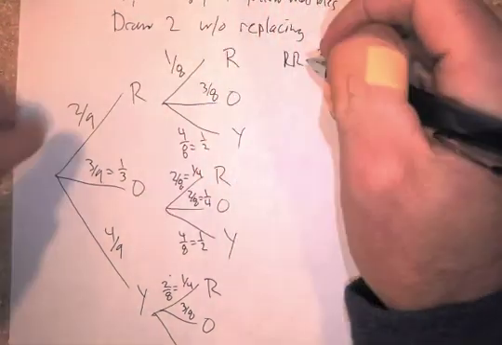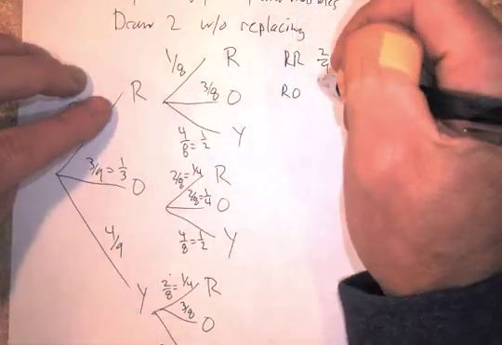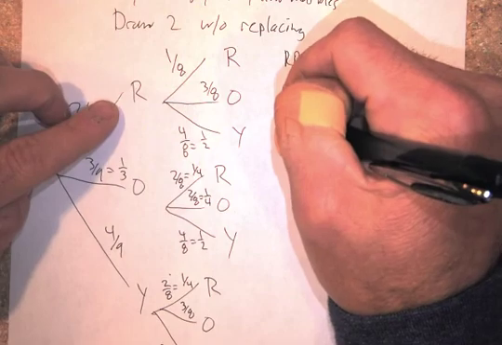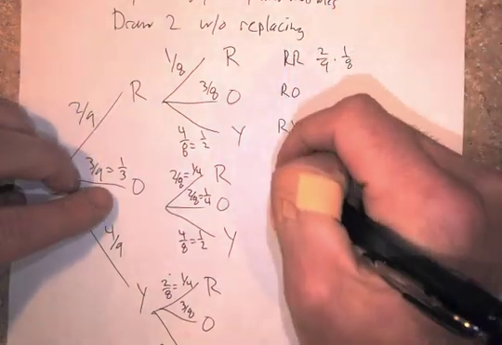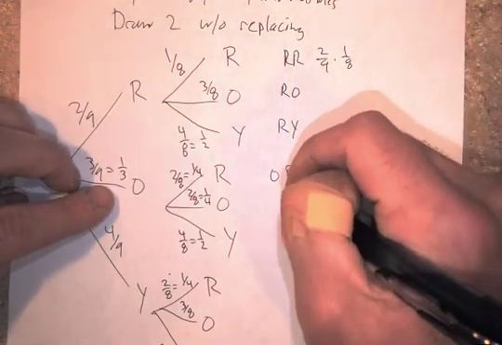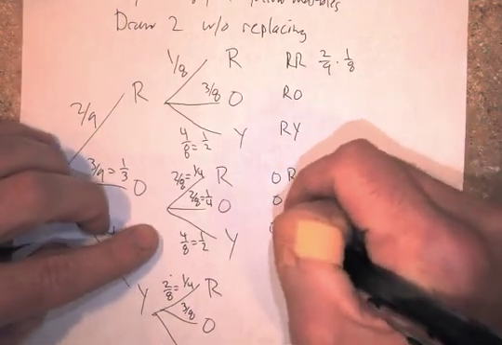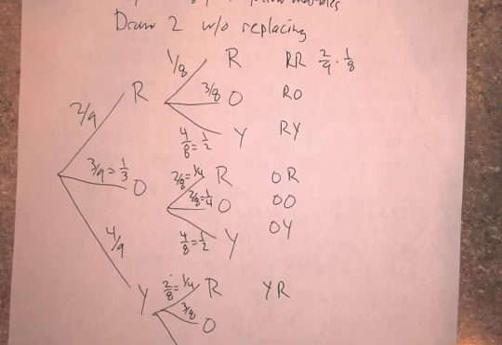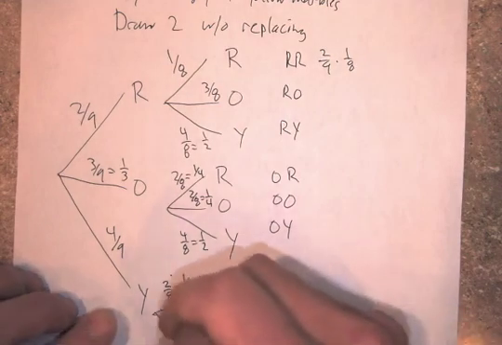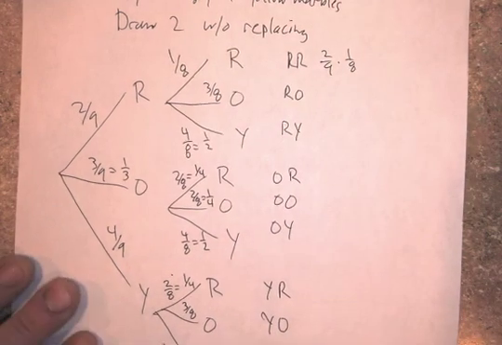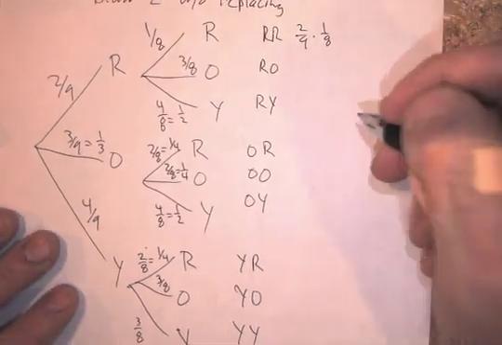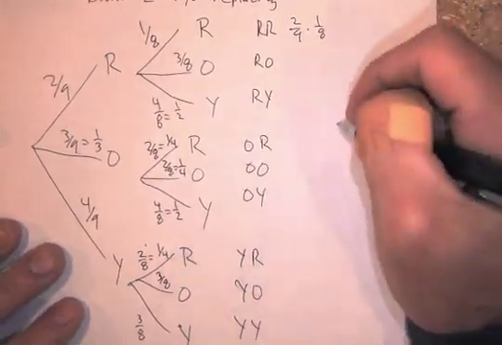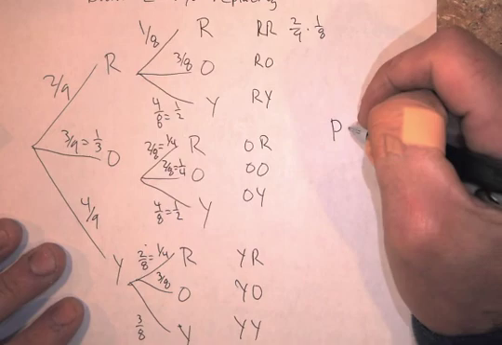Okay, let's just write down the outcomes, and then we can use that to answer some questions to save us a little bit of time here. We don't have to do all the math out. Orange, yellow, and then we got yellow, red, and yellow, orange, and yellow, yellow. Okay, so the question might say, what's the probability of getting